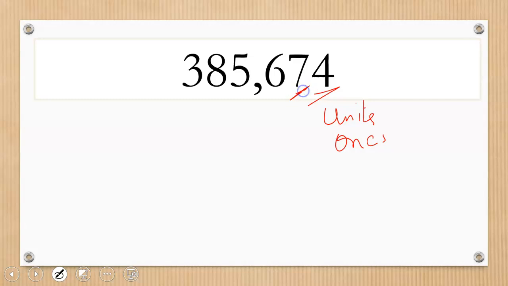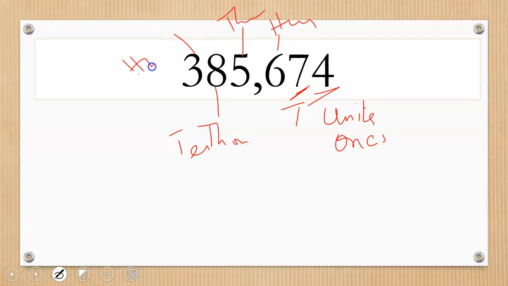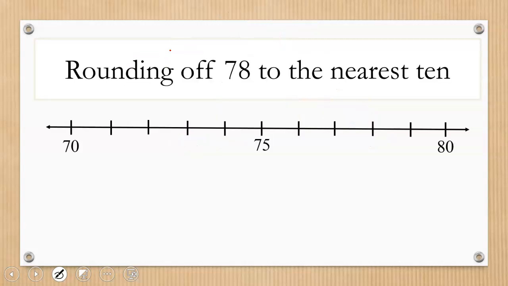And then this is your tens. We have our hundreds. We have our thousands. We have the 10,000. Do you remember 10,000? Okay. And then we have our 100,000. So we are going to use these place values to round off numbers to the nearest tens, hundreds, thousand, 10,000, and 100,000. Now, let's say, for example, you want to round off a number 78 to the nearest